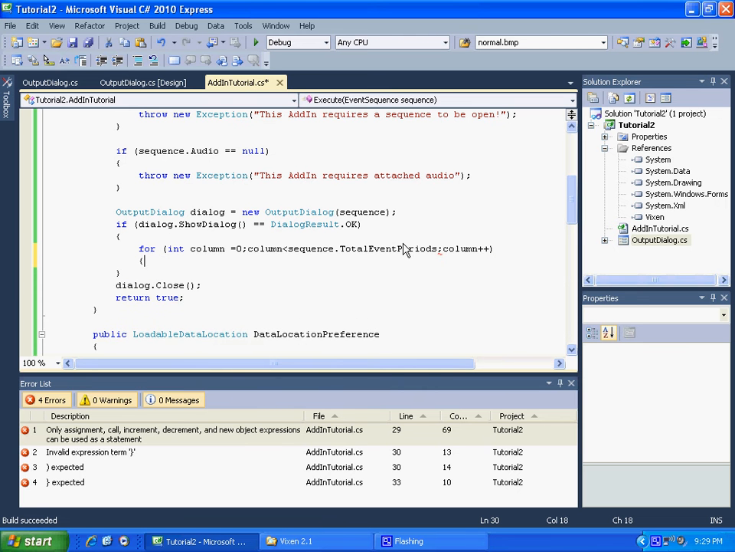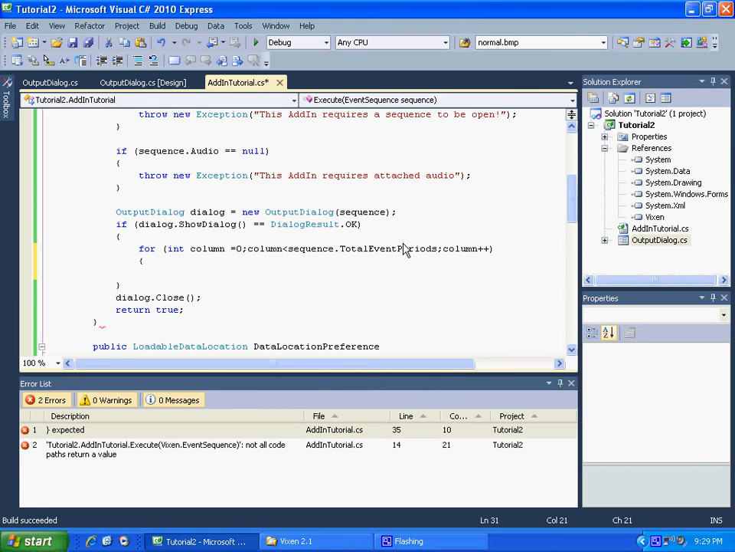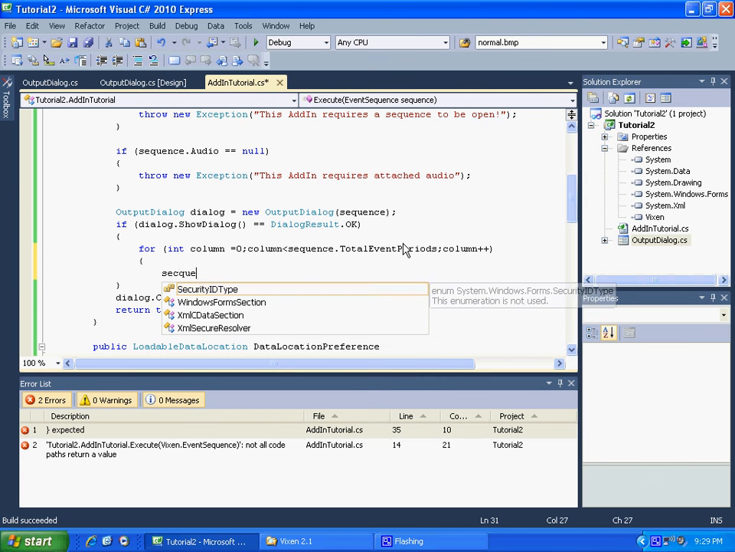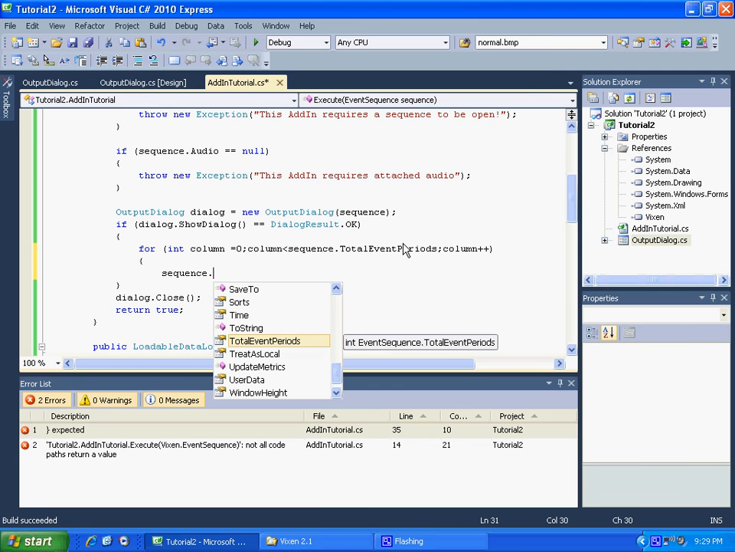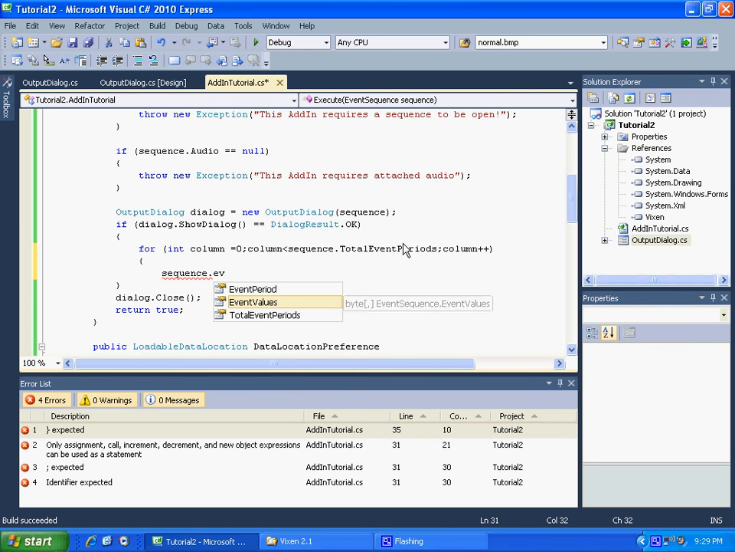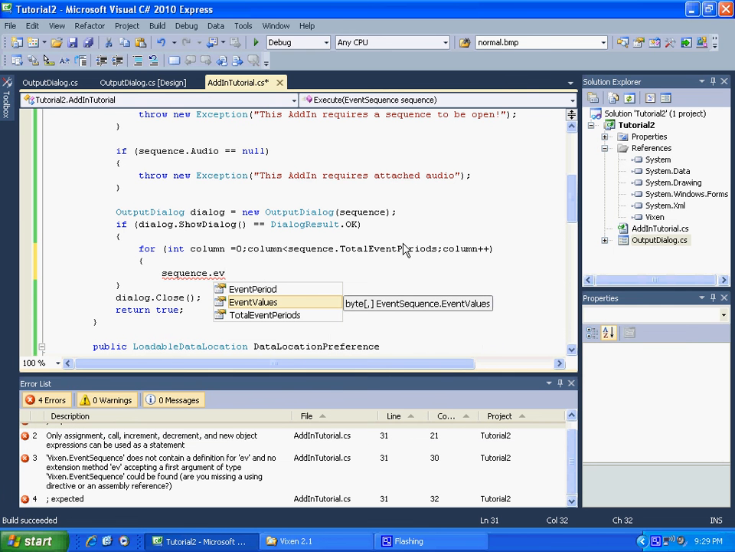Okay, so now we're going to be scrolling through each event period. So in order to write the value to it, we want to call the event values. Now I want you to notice over here that it's a bracket, comma, bracket, which means it's a two-dimensional array, basically in the form of